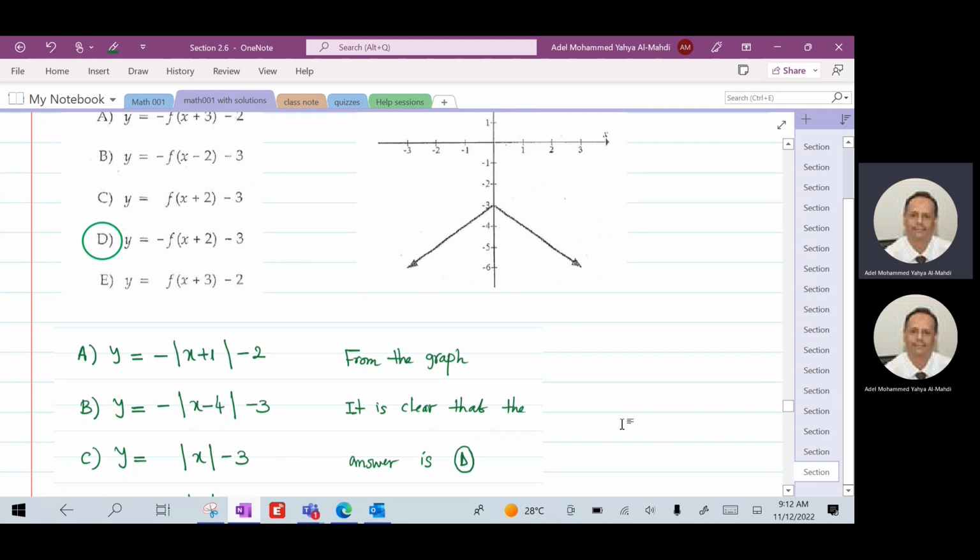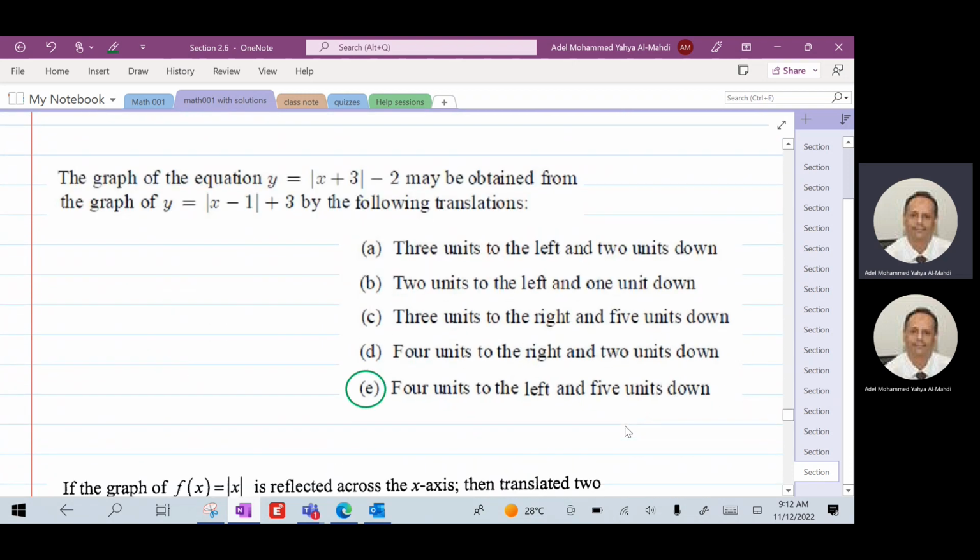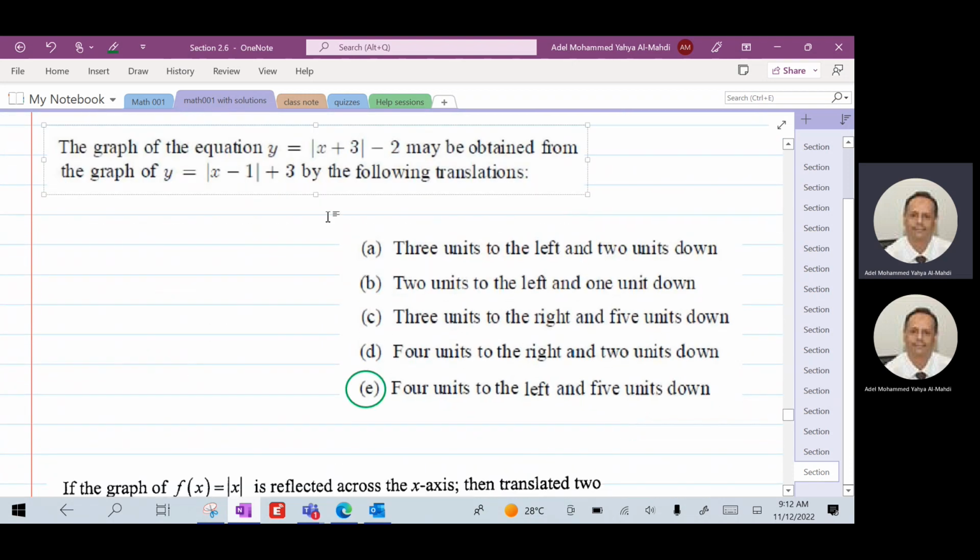This question is solved here, so let's go over the solution. Now in this question, we are given y1 and y2, and it says the graph of the equation y1, or we can write f, may be obtained from the graph of y2. Let me write here f and